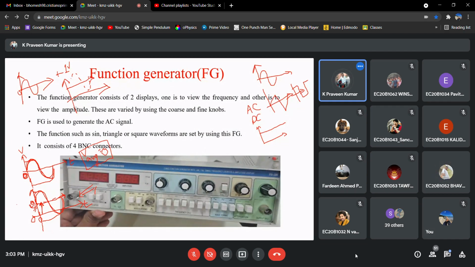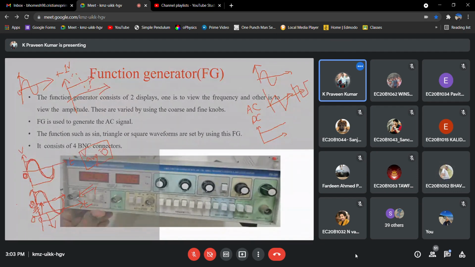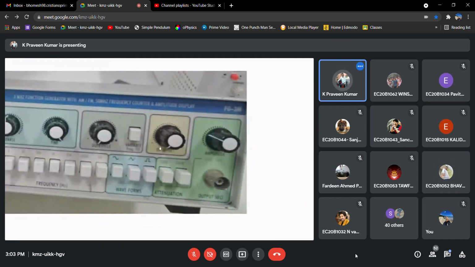Okay, fine. So that means if a DC component gets added, your signal will shift either upwards or downwards. How much it shifts depends on how much DC component you are adding, right? So this DC offset does this task.